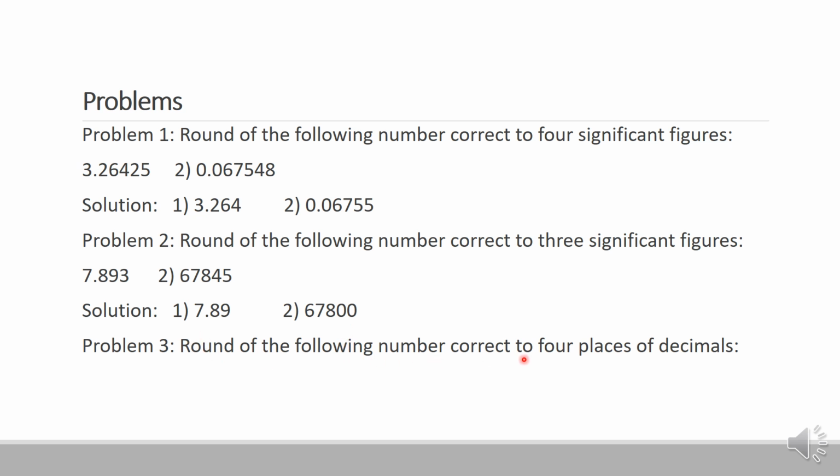Round off the following numbers correct to 4 places of decimals. Which is quite different from the significant figures. In the first case 1, 2, 3, 4. After 6 you see it is 2 which is less than 5. So retain 6 as it is. So it is 12.6476. Whereas in the second example 1, 2, 3, 4, 6 is the fourth place. See the next place 5 is exactly half, isn't it? So where 6 is an even number, so retain the number as it is. So the answer will be 9.8646.